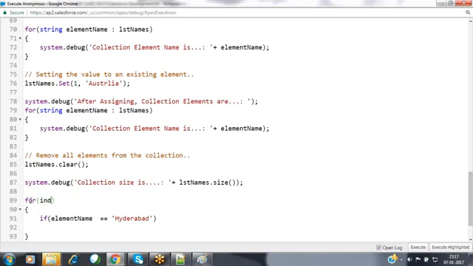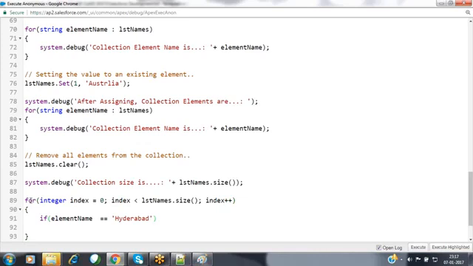For each index position: integer index equals 0, index is less than the collection names dot size, and then the index is incremented by 1.